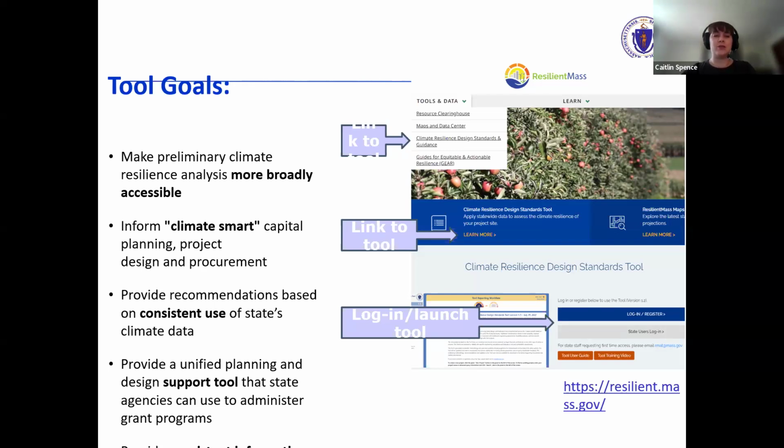Originally, the tool was designed to inform budgeting and capital planning on the state level and incorporate climate change vulnerability, resilience, and adaptation standards.